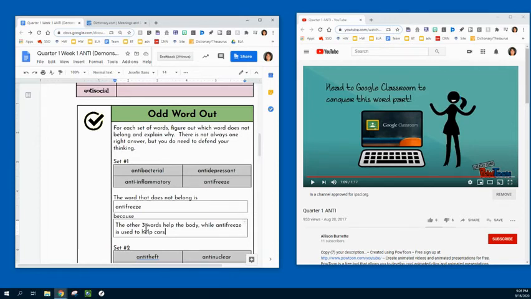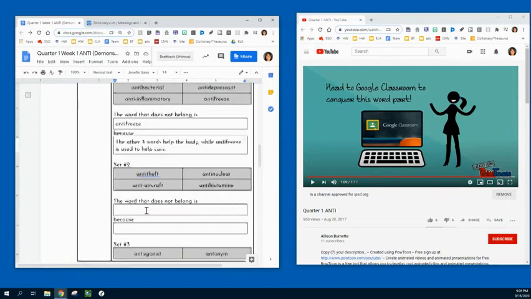Okay, so that's why they're different. You wouldn't put antifreeze in a body. Okay, that wouldn't be very good. The next set is listed here: